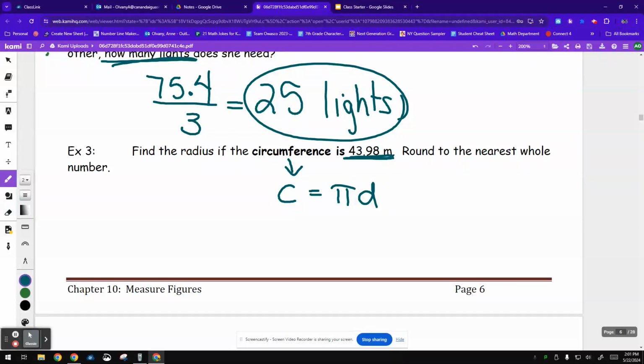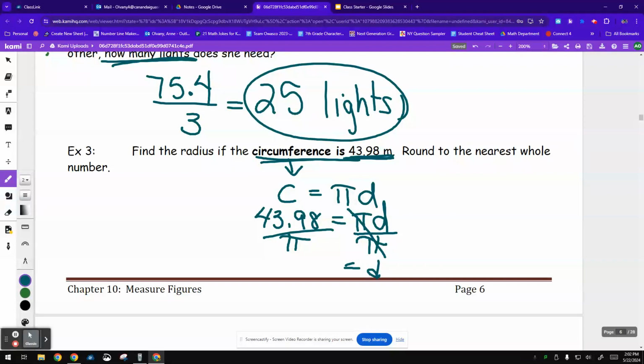You're telling him he doesn't know. He knows. This is the circumference. So that number goes here. 43.98 equals pi d. Remember, pi is a number. I wish pi were gone, so I would have d alone. Liam, how do I make pi go away? Divide by pi. Because 3.14 divided by 3.14 makes 1. So D equals, calculator,